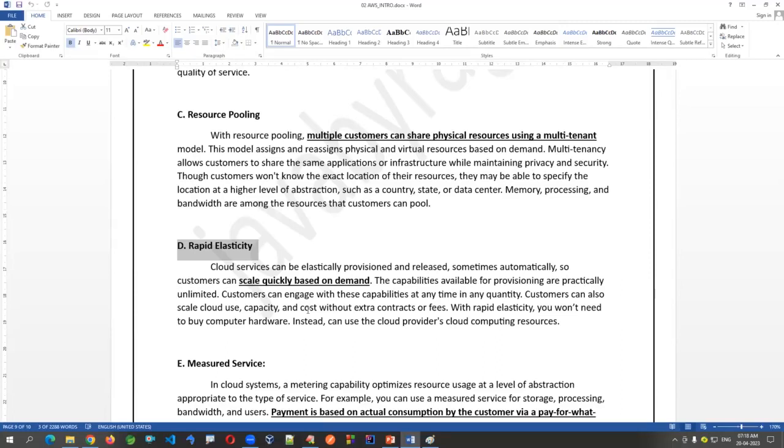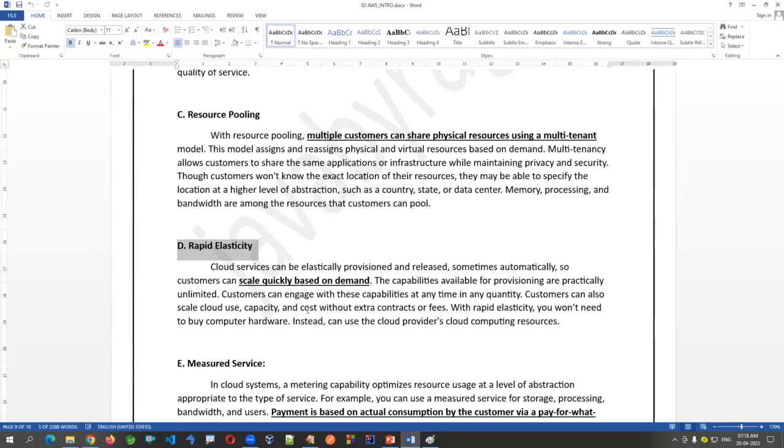You will see that on weekdays they open only one counter. On weekends they open multiple counters, two to three counters. Why? Simple. The incoming people are more. There are so many users or customers coming, so they open multiple counters. Here also it is the same: scaling based on the demand.